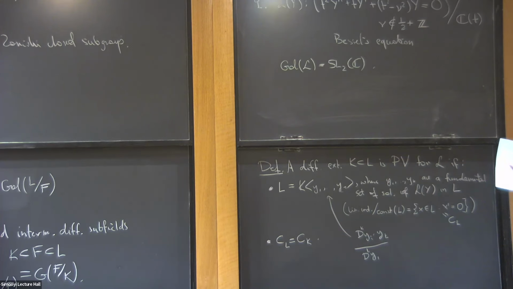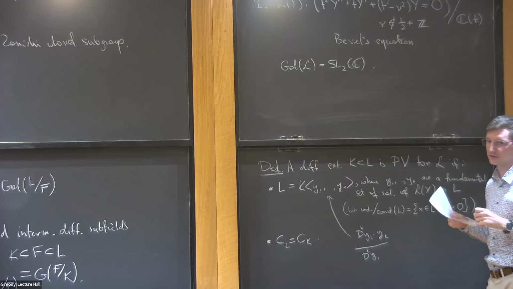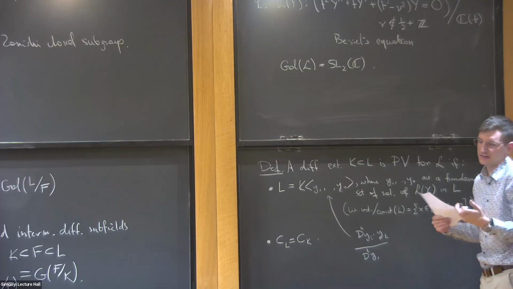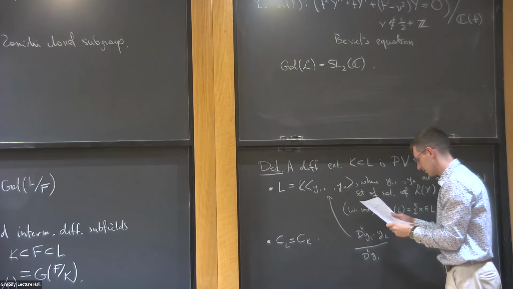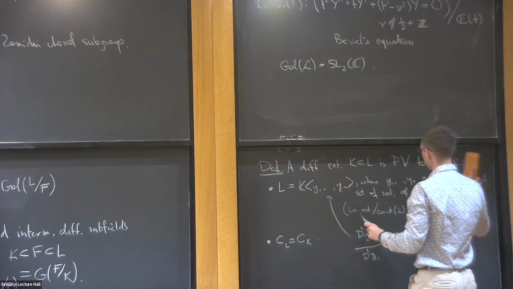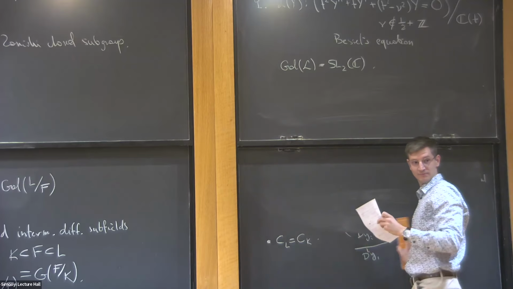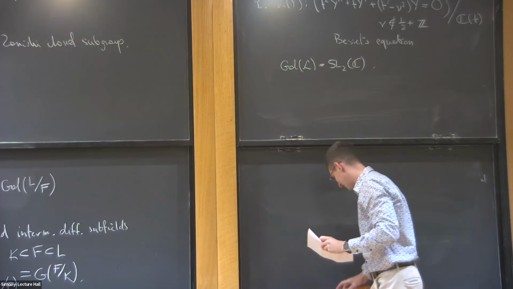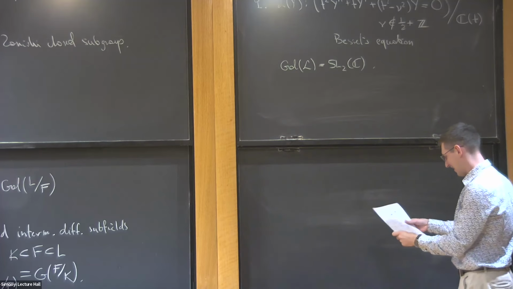okay, in general, calculating this group is difficult. Later, maybe I'll say something about how you can do it. So, for example, sometimes you can see it as a Zariski closure of some monodromy group, and this is how in practice it can be computed, but yeah, not here. Not here, yeah.